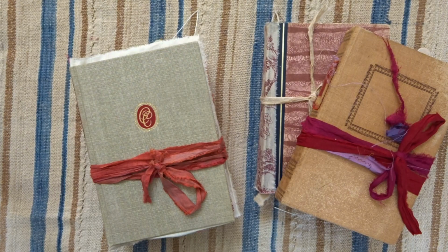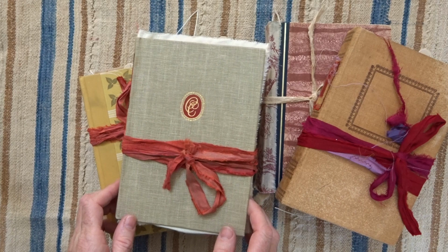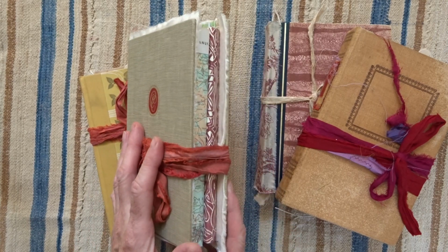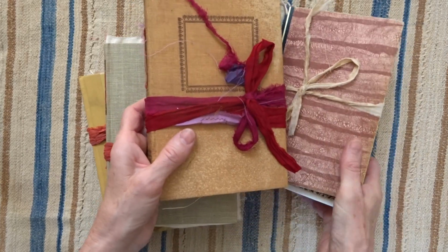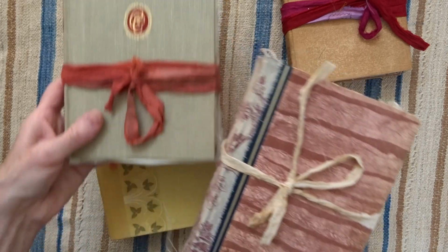Hello. So I'm not sure if I have enough battery, so I'm going to try to go pretty fast. I've had a collection of book covers for quite a while, and I wanted to do something with them. And I've been making a lot of lap books lately. So I thought about how I could use the book covers, and